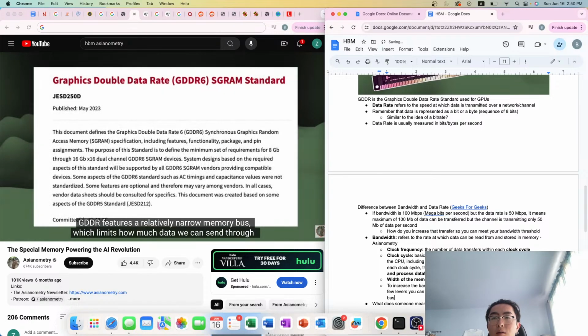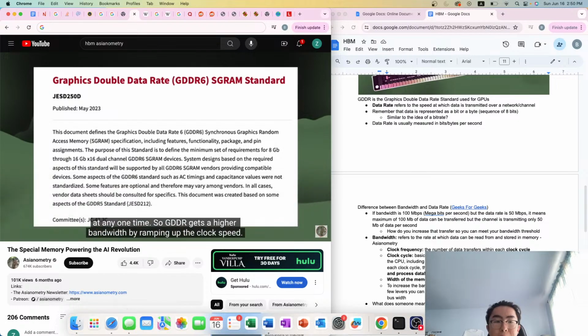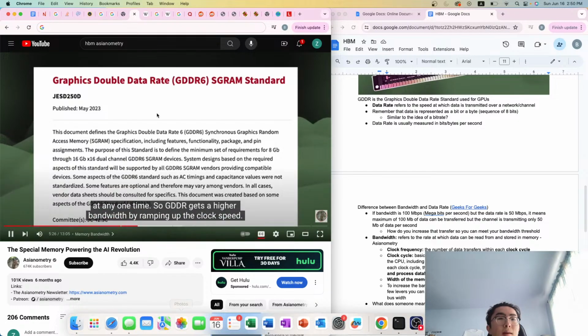GDDR features a relatively narrow memory bus, which limits how much data we can send through at any one time. So GDDR gets a higher bandwidth by ramping up the clock speed. So think of it as